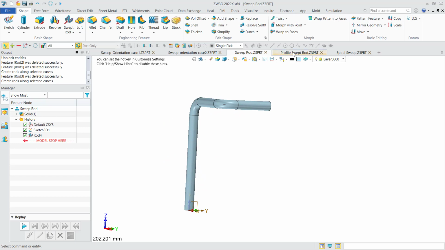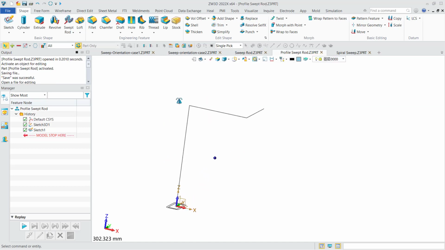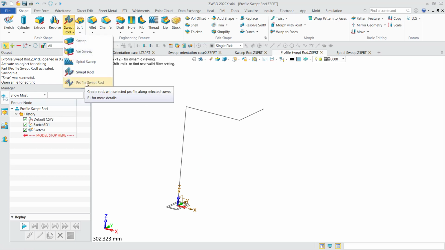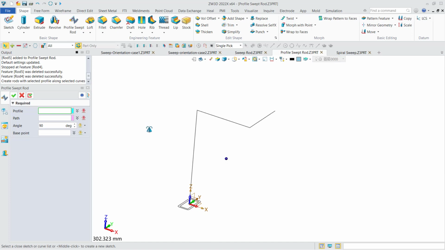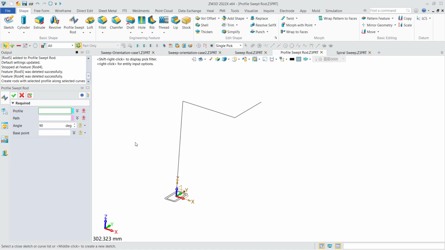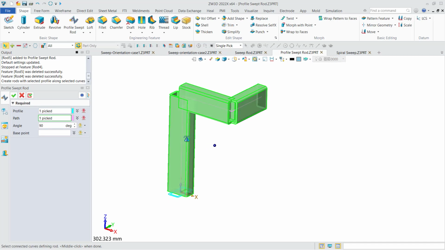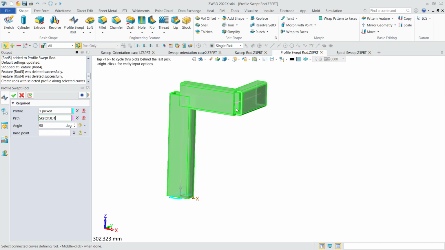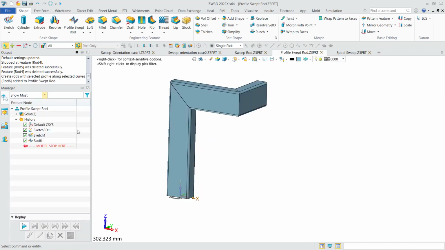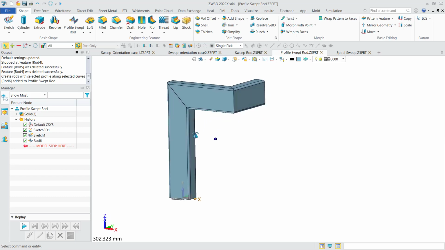And the next one I would like to show you is the profile swept road. This one is very similar to swept road, but the only difference is we need to define the profile. Okay, here we got one profile. Okay, and the path here. Now actually we can see the result, and after we click OK, you can see the result will be like